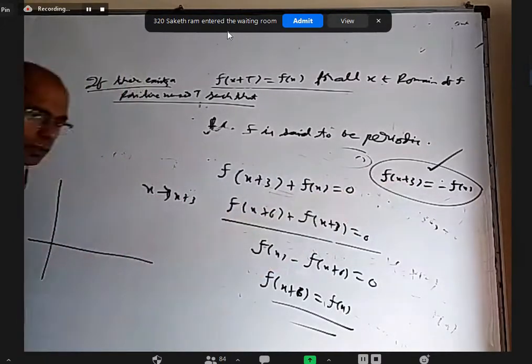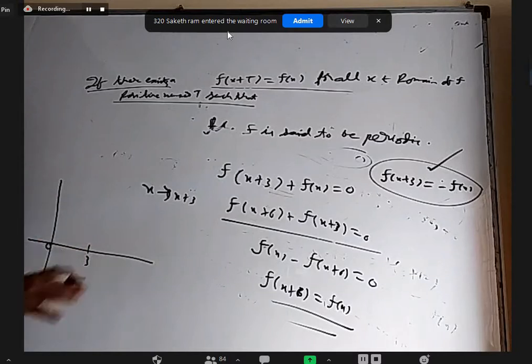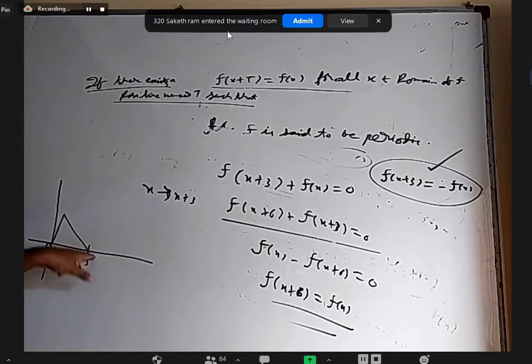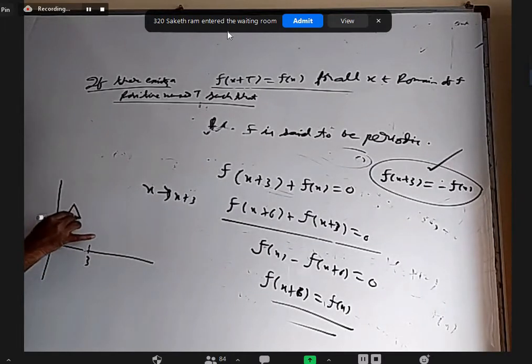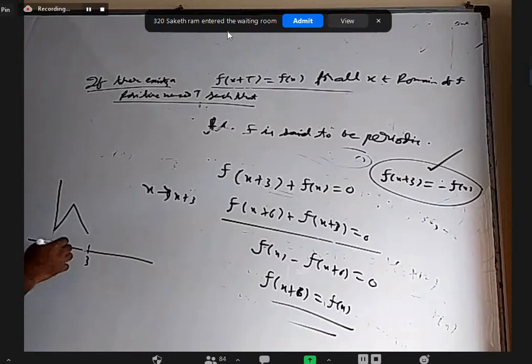What this says is that between 0 to 3, you take whatever graph you want. I don't care. Let's say between 0 to 3, this is a graph, for example. You can take any curve also. It's not that f of 3 is 0, it need not be. I can take something else also, a little above. If f of 0 is 2, f of 3 should be minus 2. So if I start here, I have to end somewhere here. It's okay, I'll just go back to the previous example, not an issue.